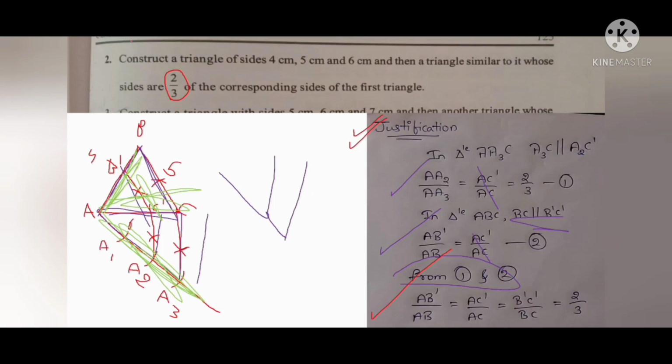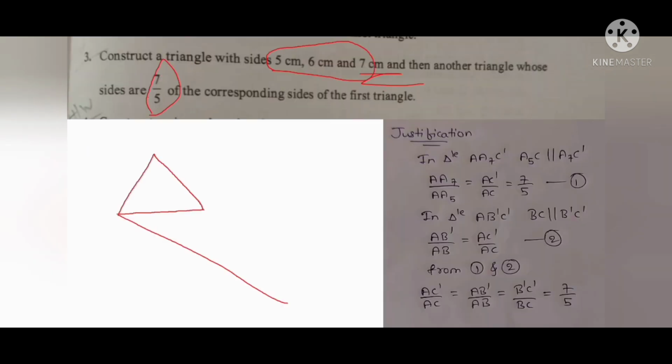Okay, so similarly, you can see in the first question I have shown. The second question is also the same: the biggest number, you have to make that many arcs. So here I am doing an arc, you can see. Now we will do the arc 7 times. Okay, so we are making the arcs.